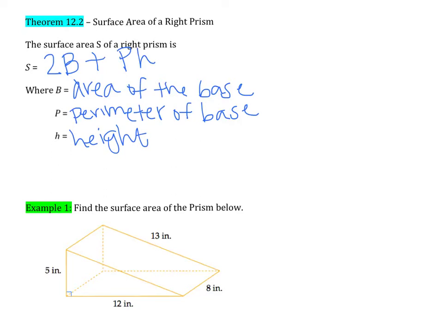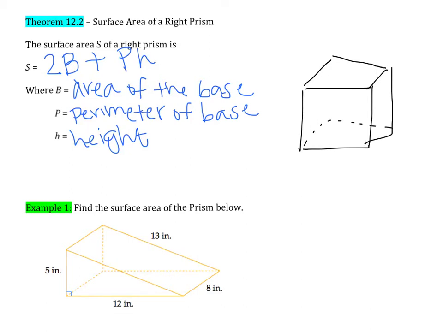We see that this makes sense because if I draw just a regular rectangular prism over here, and I want to find my surface area, I'm going to need to find the area of this base and this base and add those together. That's where we get the 2 times the area of the bases. Then I need to find the area of each of these lateral